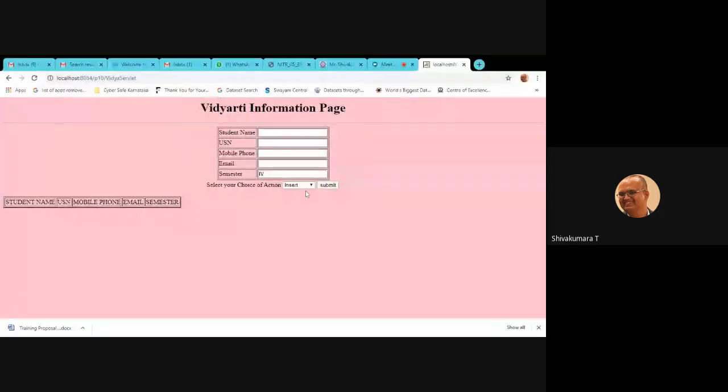So back to the browser. Refresh, reload the page. First display if any record is present. No record present. Add a few records. Submit. Added. Again insert. Second one, add some records.